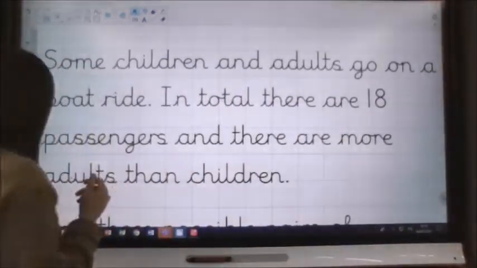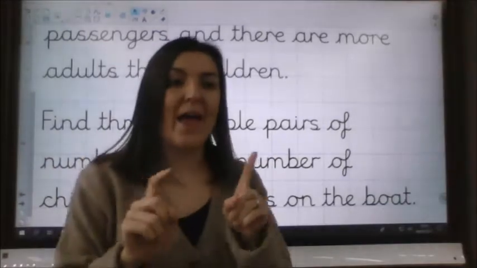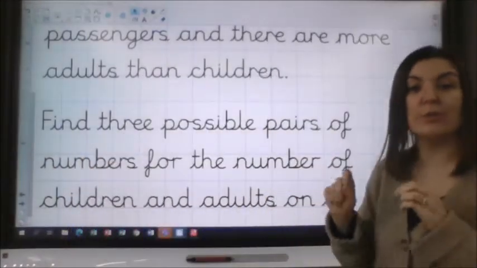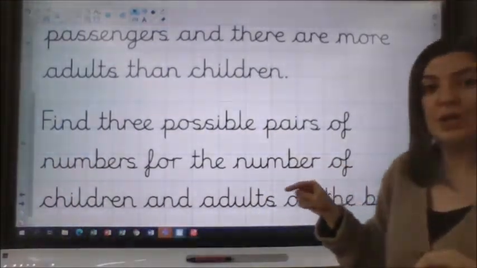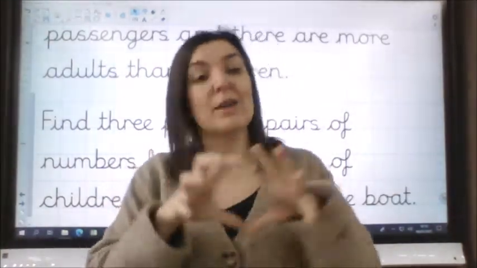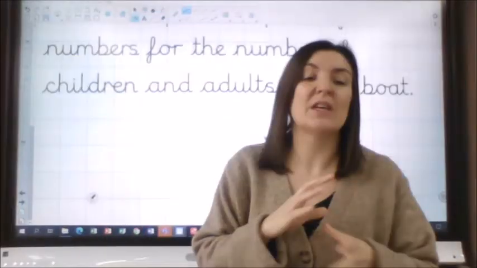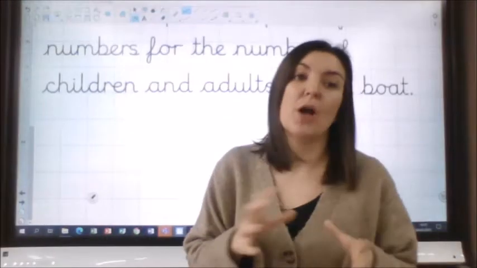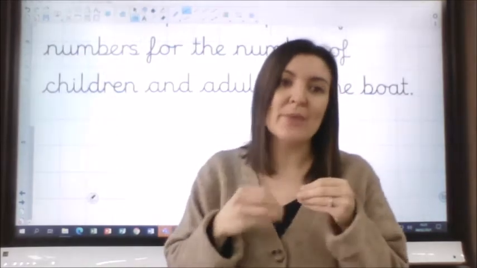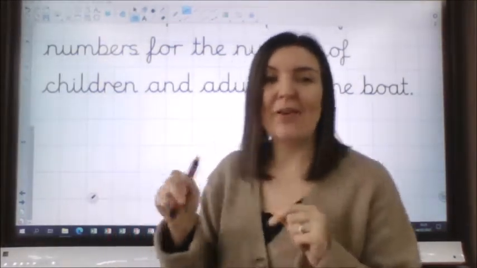So this one then, you've got to find 3 possible pairs of numbers for the number of children and adults on the boat. So this one is a bit of what we call trial and error. So you try different combinations. So I'm going to try some different combinations of numbers. I will do one, then I'm going to ask you to pause the video and have a little go yourself. So if I had